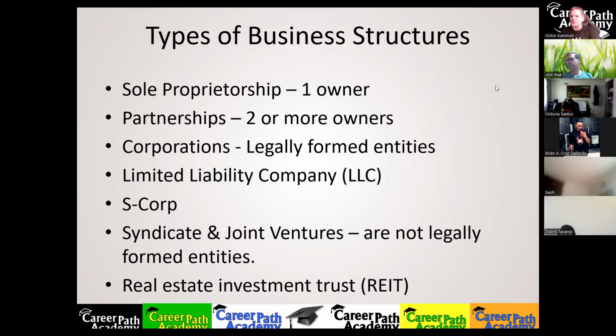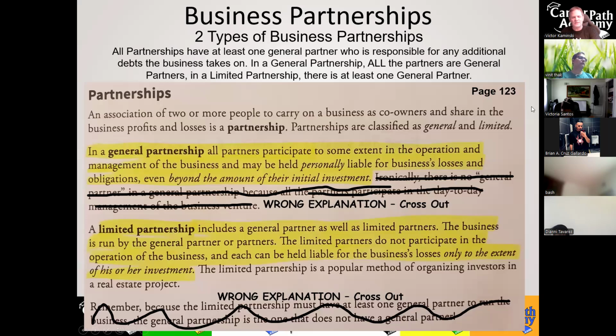So a partnership, there's two different kinds of partnerships, and the guy who rewrote this book or re-edited this book, doing the updates for this last version, this guy doesn't know what the hell he's talking about. His easy way to explain things is always making things more complicated too. So let's do some crossing out and changing of these notes here a little bit in this 18th version of